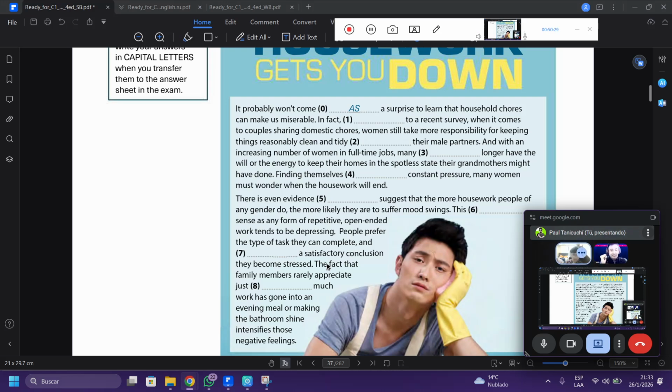Really appreciate how much work has gone into an evening meal or making a balanced time intensifies those negative feelings. So how much? Okay, let me see it. Okay, I get it, but it makes sense with how much to put it in more context.